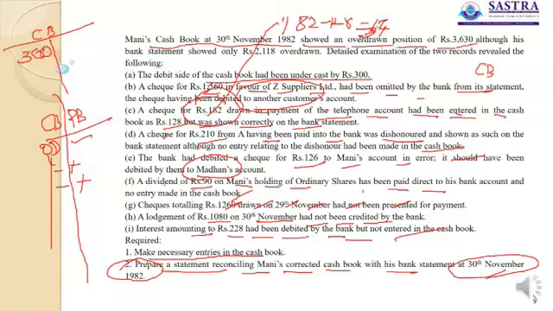See, no entry made, having been paid into the bank for collection and dishonored, so we have made it plus and bank book minus. The dishonor might not have been entered in the cash book, so as to decrease the cash book's balance. Take 54 rupees of that telephone charges which has been paid, and in the cash book minus, so in the cash book 54.